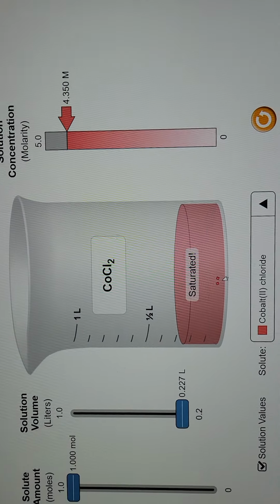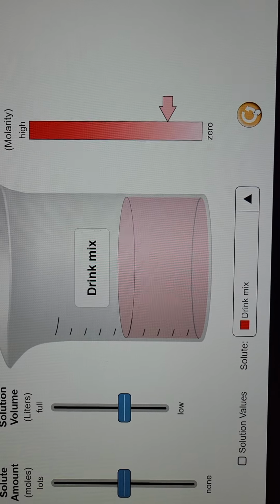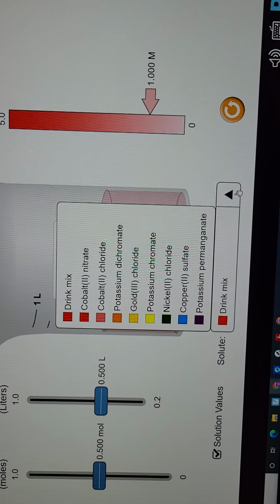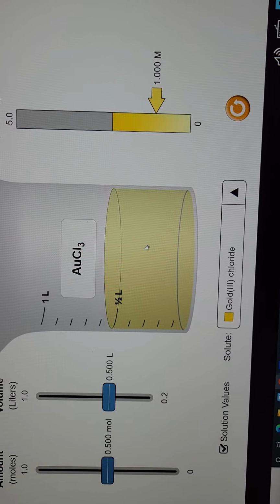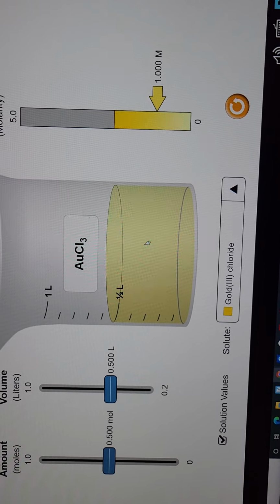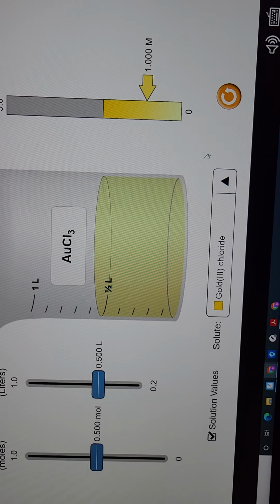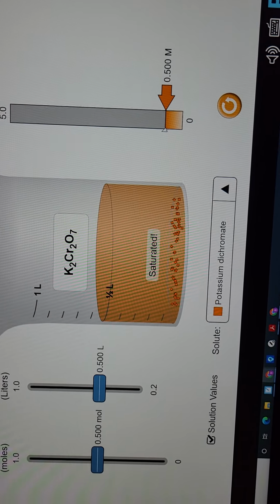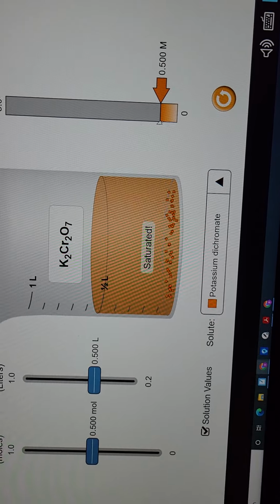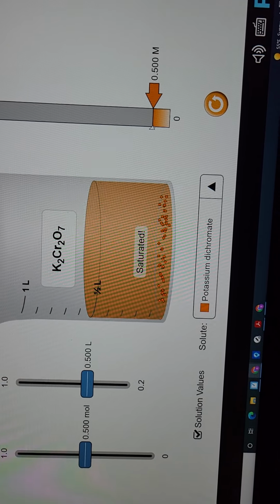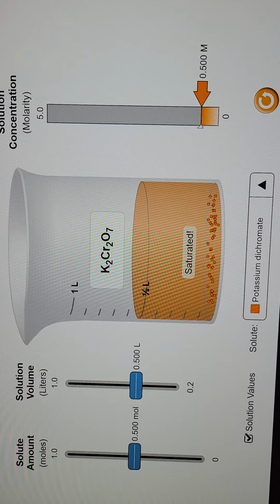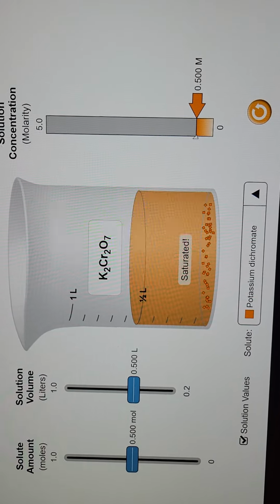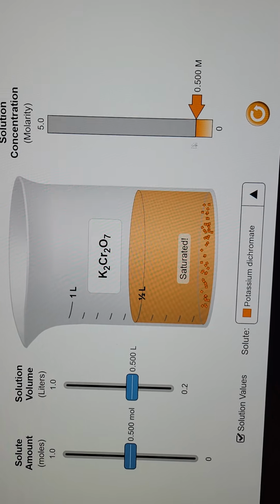So now we're gonna see when it became saturated. So again, we're gonna reset. We're gonna click for our solution values. And now we're gonna pick potassium dichromate. Sorry, I looked at the wrong line. All right, so it's saturated right now. We want to see when did it very first become saturated, at what concentration. So we can either